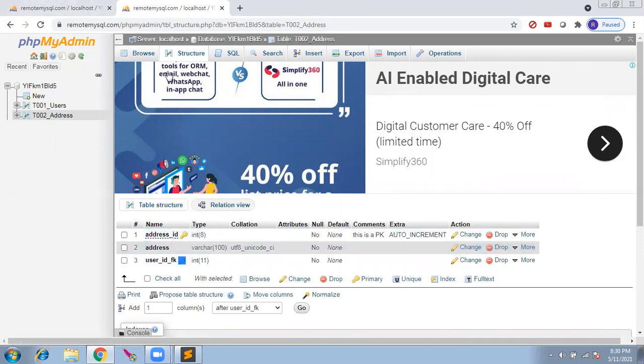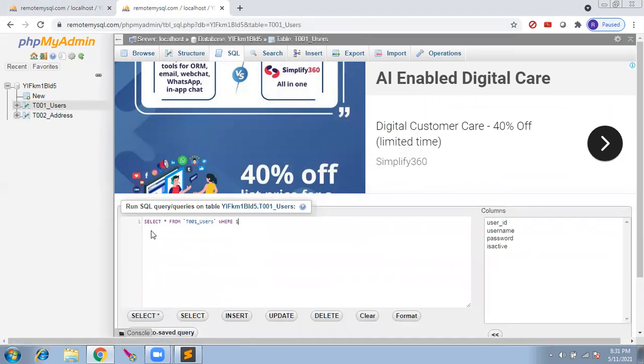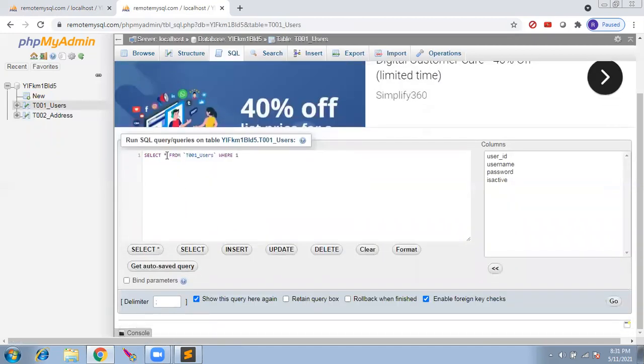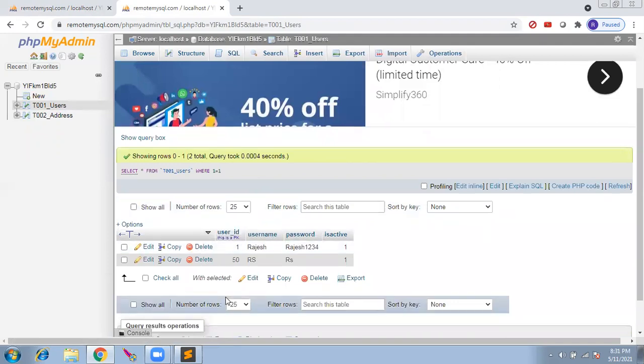Now moving to the next step. So let us insert some data here. So I'll insert, okay, Rajesh is here, address here. Okay, with this, I'll go into query. So how do we select from a query? We have the select star. Star means it is going to select all the columns. The best practice is giving where 1 equal to 1 and give go. So it is going to select all the rows from the